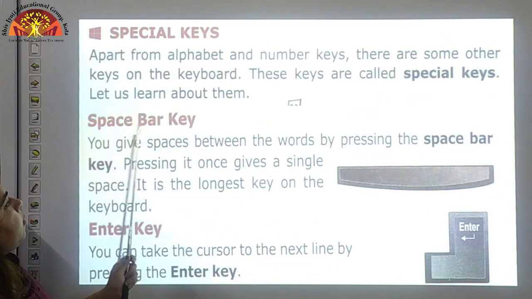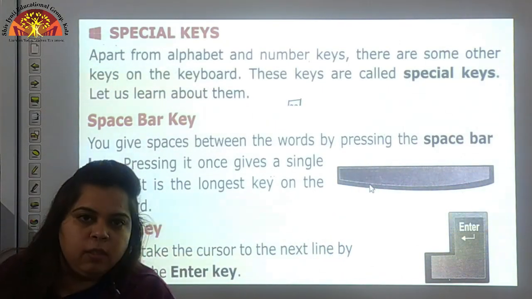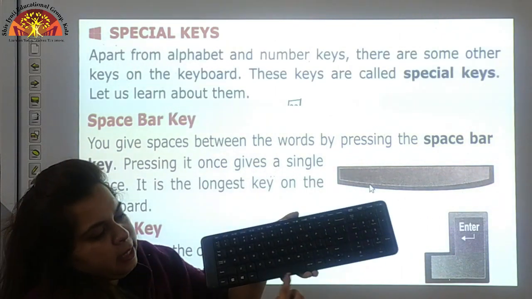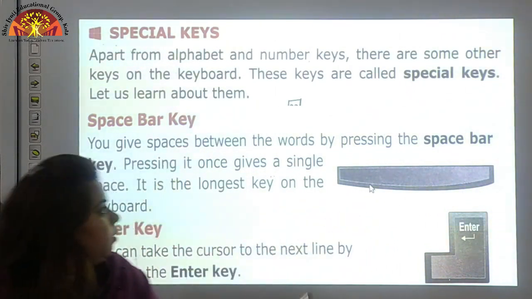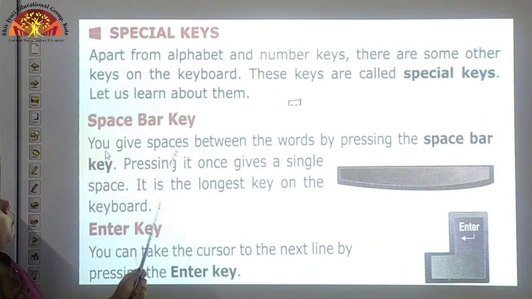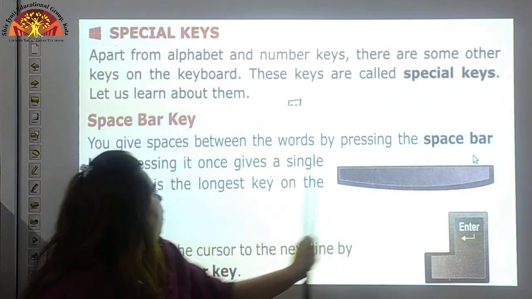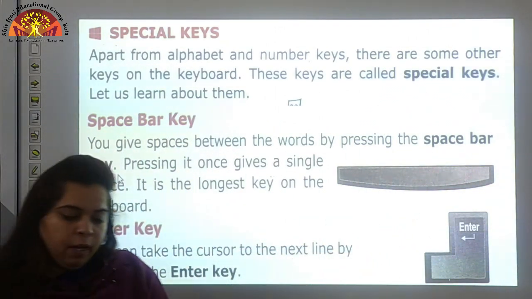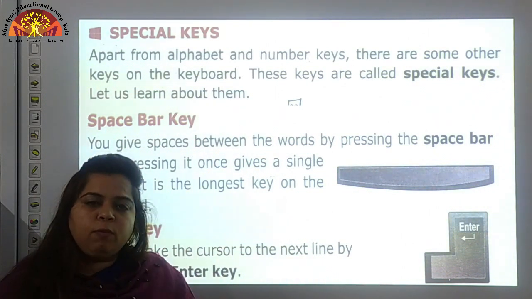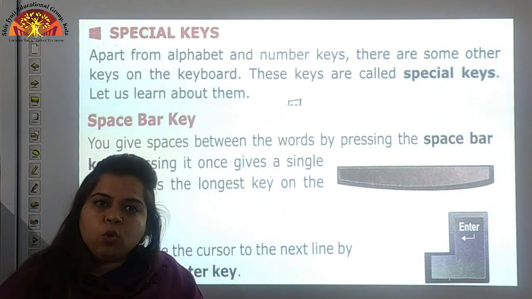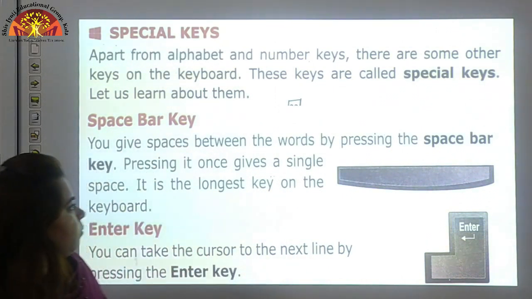First is space bar key. Children, this is space bar key. You give spaces between the words by pressing the space bar key. If we are writing any letter, any word, any sentence, and if you want to give space between two words, we will press space bar key.